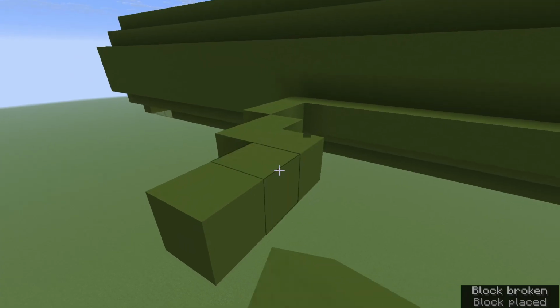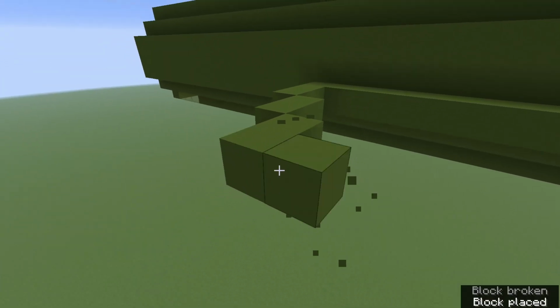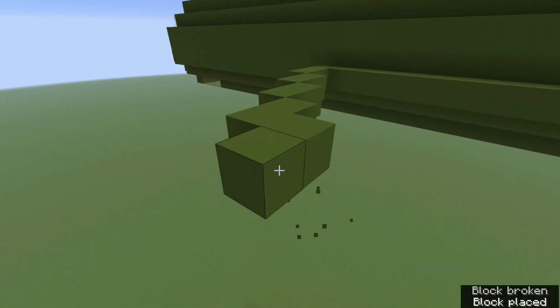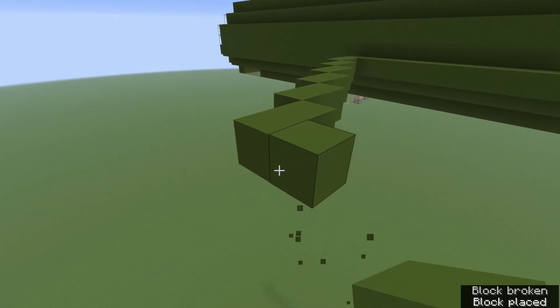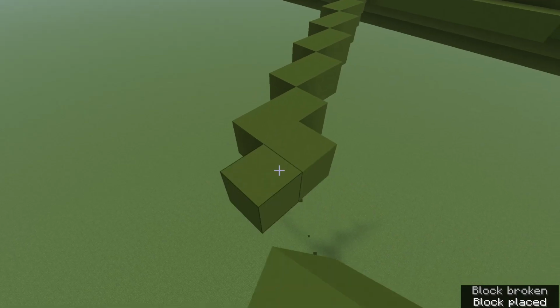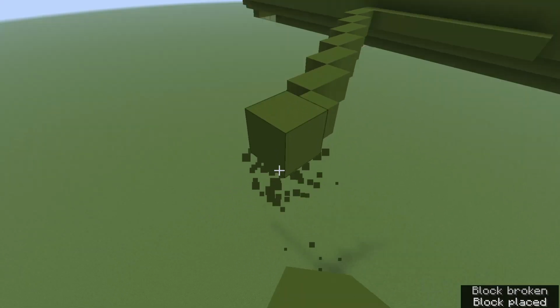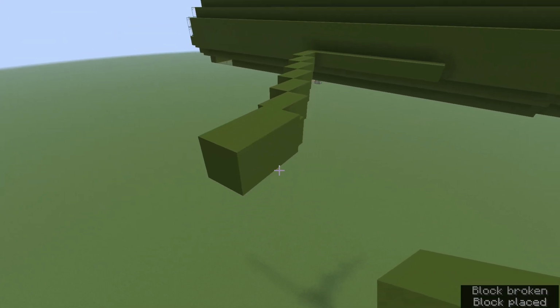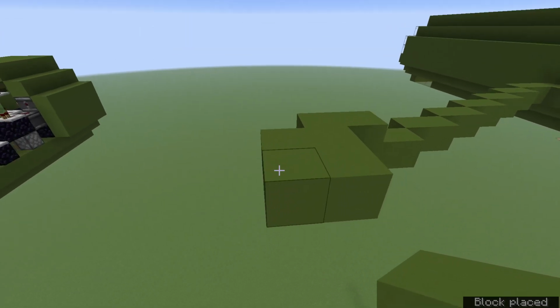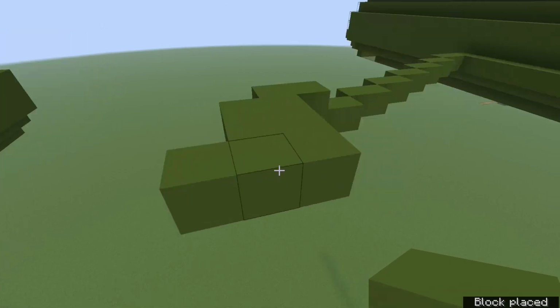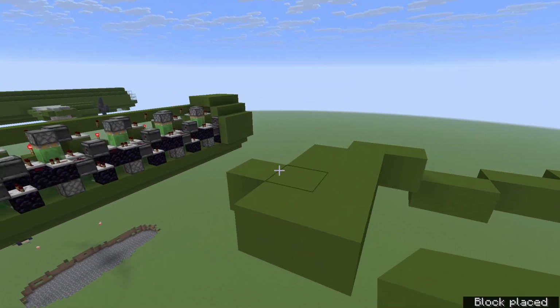So that's 1, 2, 3, 4, 5, 6. Now on the 7th one, bring it up a block in elevation, and then you're going to do 2 blocks at the end here. Then you're going to do 3 blocks like that to do the tip, and then another 2 just like that